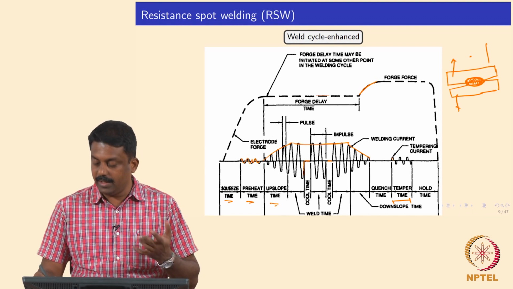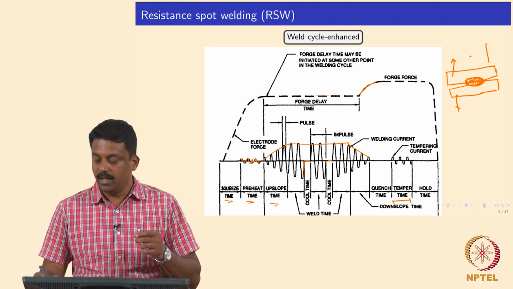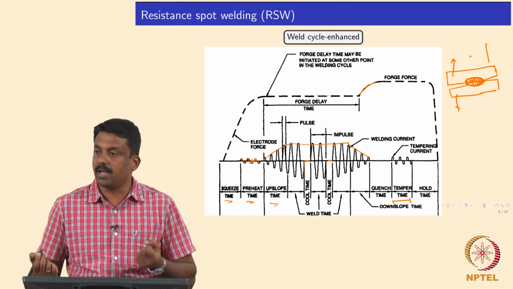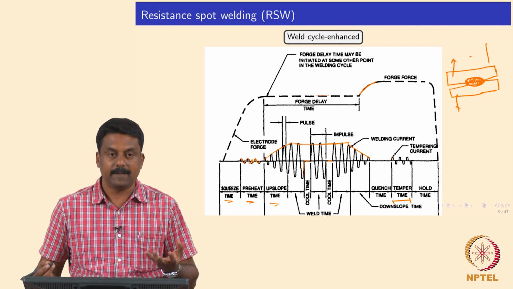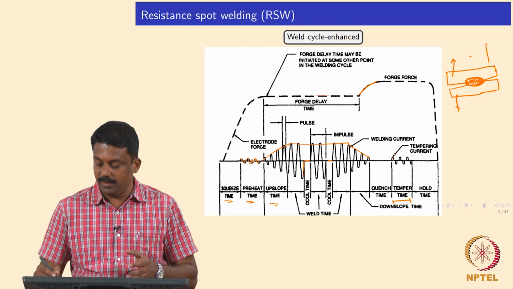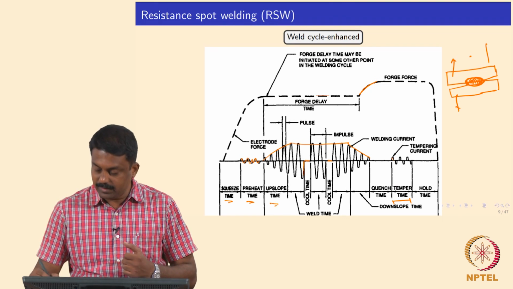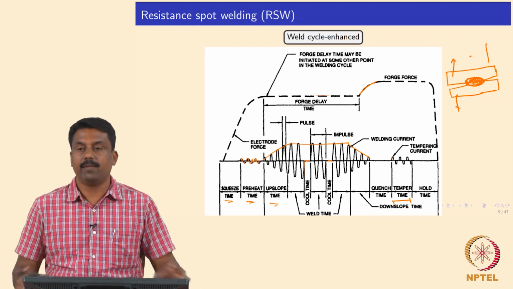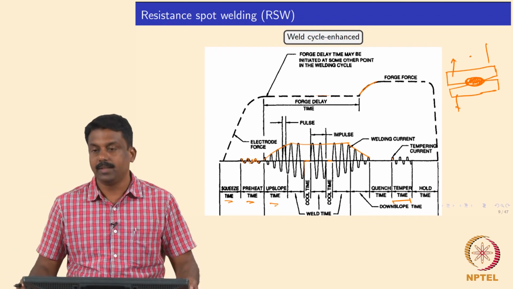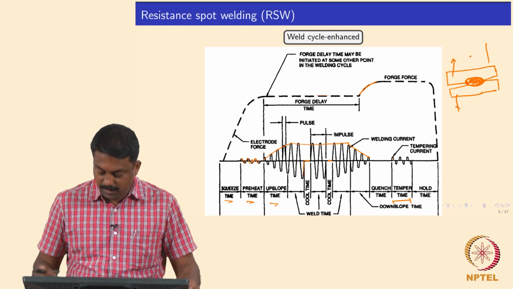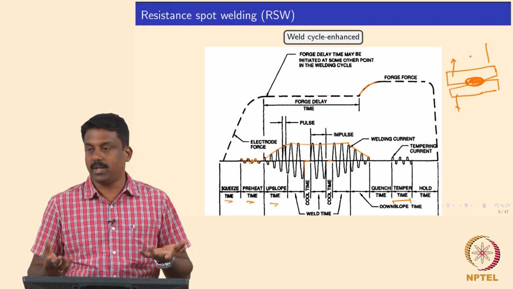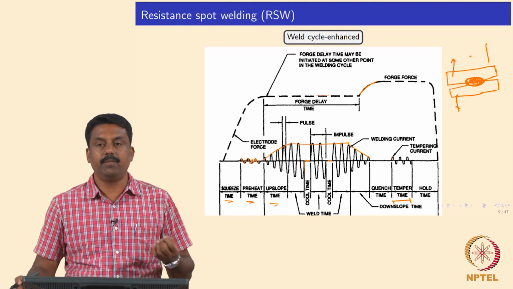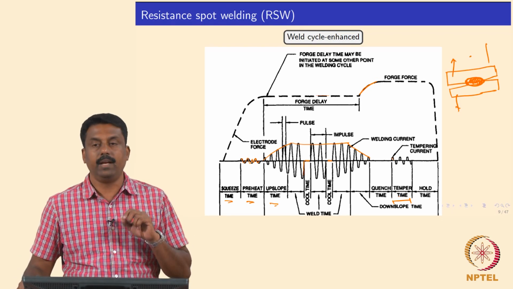So, in order to avoid the weld center line segregation, this post pulsing can be very helpful, because this is like a heat treatment, a homogenization treatment. After forming a weld nugget, you apply a subsequent pulse in such a way that you can homogenize whatever elemental segregation happens in the weld center line. We will see in detail when we move along. So, the post pulsing can be used to modify the microstructure and redistribute the stress, so that the mechanical properties of the weld nugget improve significantly.